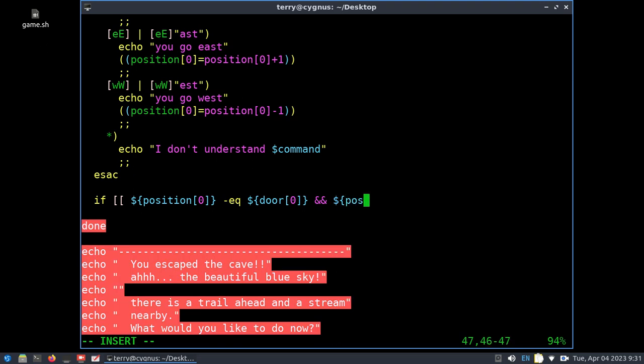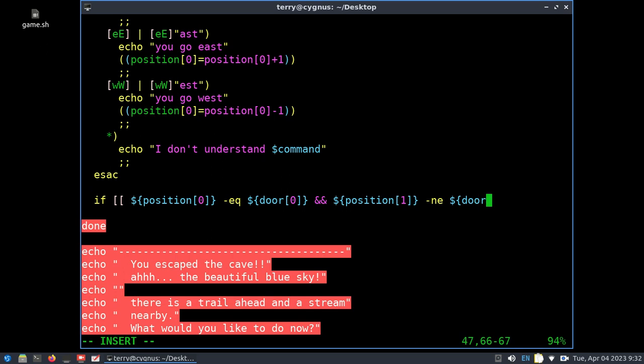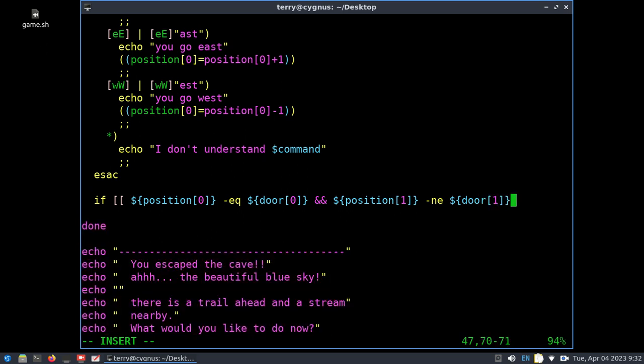now there's easier ways to do this, but I'm using methods that will show more. I want to show you all the different things you can do, because obviously in the future we're going to be using this for something different than a game. But so if the x coordinate is the same as the x coordinate of the door, and the y coordinate is not equal to the y coordinate of the door, then,